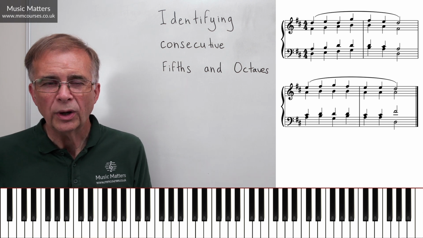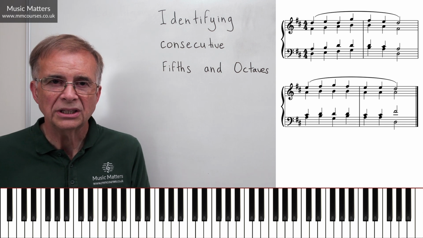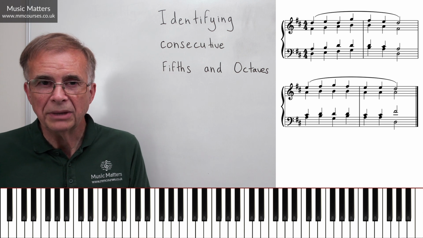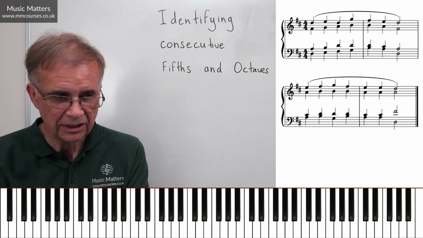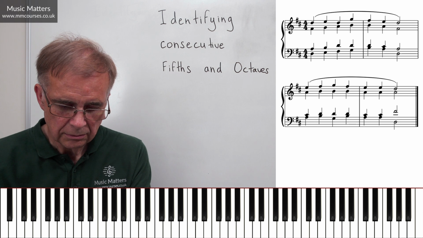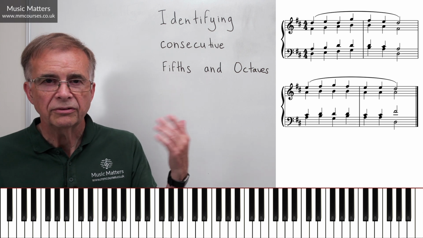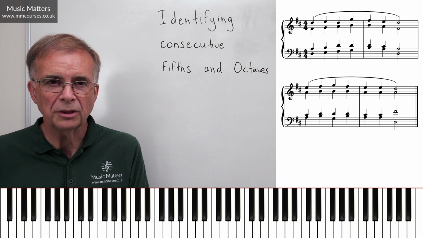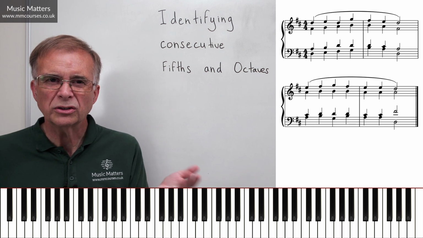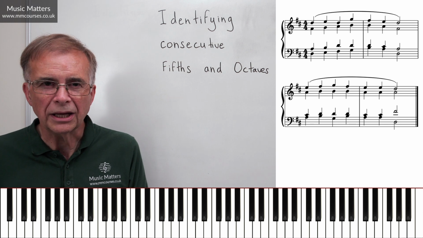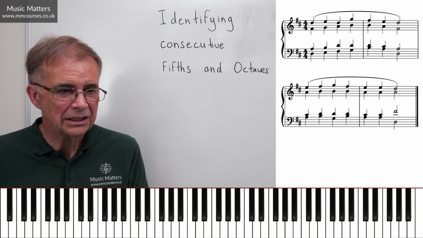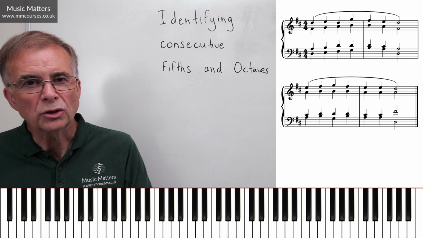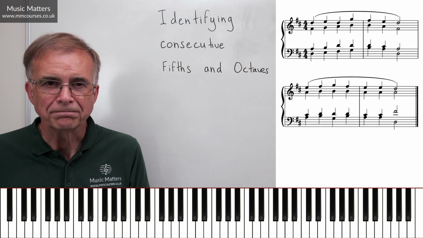On the other hand, it's quite often a good idea to avoid getting into consecutives unless you're writing a piece that is really making a feature of them. I mean, if you want to write a piece in consecutive fifths, well, fine, that's okay. That's part of the character of the piece. You've made it a feature of the piece. But if you just get odd consecutive fifths and octaves bobbing up during the course of something, particularly in 4 parts, it tends to be a result that's less good than writing without them.